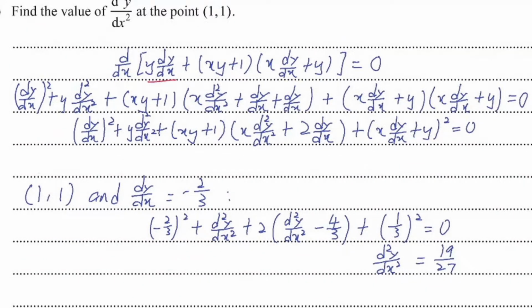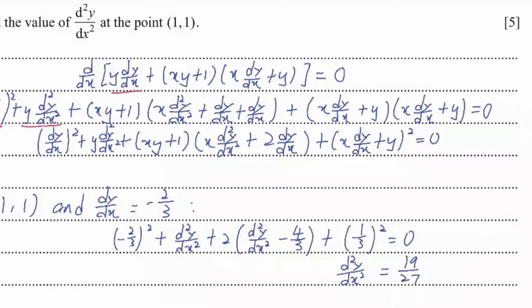For the first term, we may actually consider doing the product rule, right? So we have got to differentiate each of that. For the first term here, we differentiate the y, so we get dy/dx, but we keep the dy/dx, so we get the (dy/dx) squared here. For the second term, we keep the y, we differentiate the dy/dx, so we get y d squared y by dx squared. For the next two terms, we keep the xy plus 1, then we